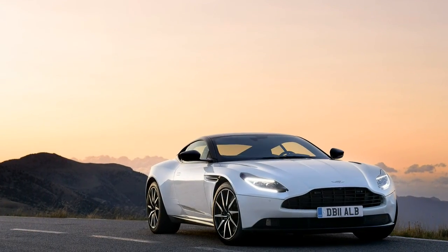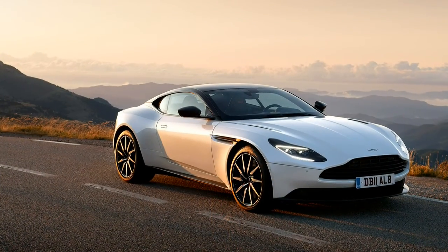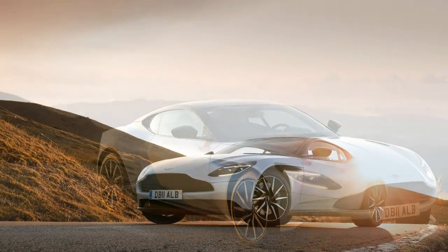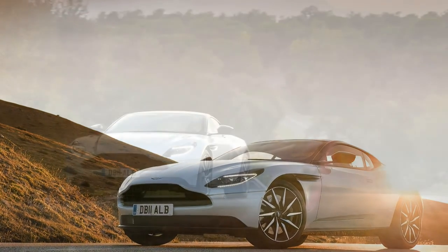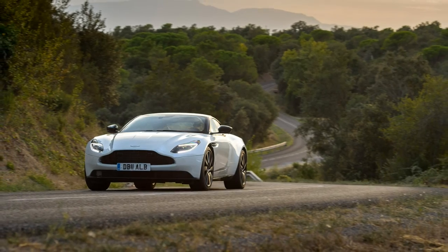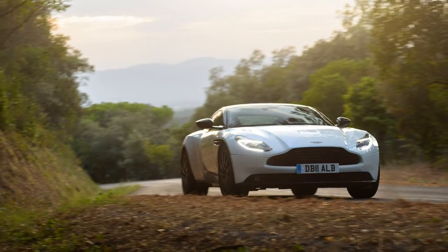Bespoke parts added by Aston to the V8 include the air intake, exhaust, and wet sump oil pan. The ECU is also reprogrammed. "The actual ECU hardware is the same, but the tune and software are different," added Ben Husband, Aston's senior manager of powertrains. "It's about how we can get the character out of the V8 to fit our car, from throttle